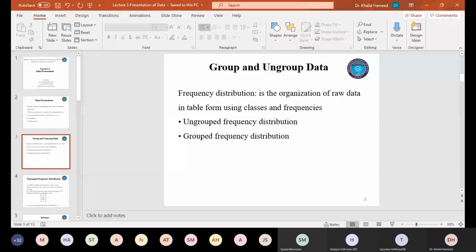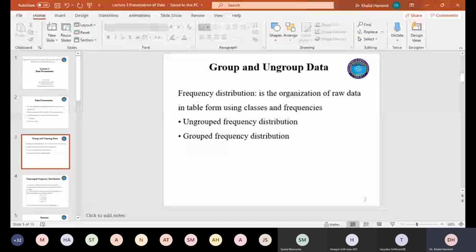And when you classify that data set, you will have logic in your background that, okay, the children are more susceptible to certain diseases. The old people, that is above 60, are more susceptible to certain diseases. So in order to make it easy to read and save the time of your reader, you just need to classify the data set. And we use the word grouped data for that, data that is being classified into classes and subclasses. So initially, every data is ungrouped data, and later on, a researcher classifies that data set.